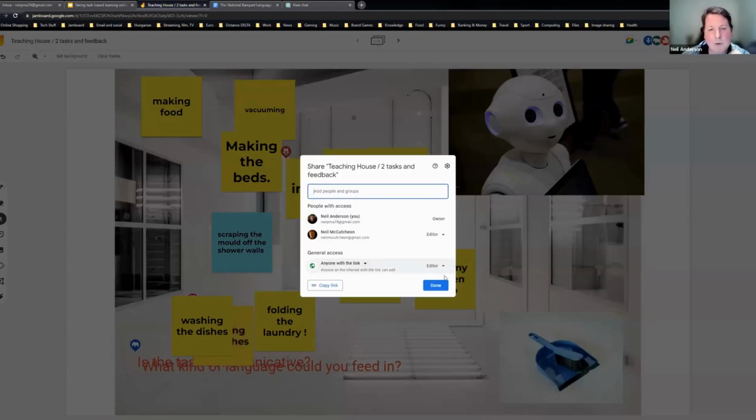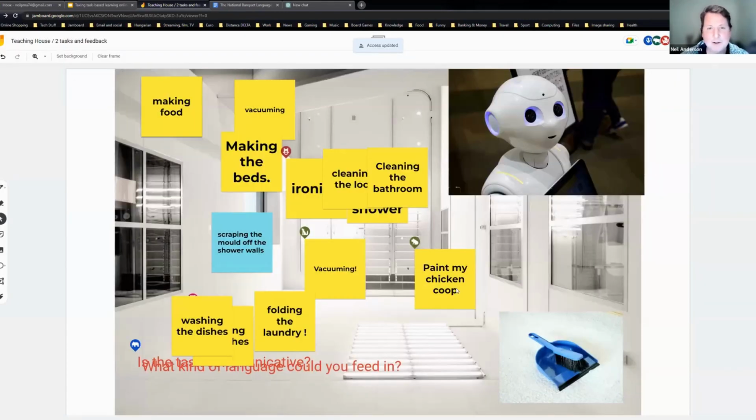We've got anyone with the link can be an editor right now, and you need to make sure you do that if you want your students to contribute to the Jamboard. But there may be times when you don't want them to contribute, you just want them to look, in which case you switch it to viewer. Done. Now you can no longer add any more fantastic ideas. My apologies, a slightly dictatorial control.